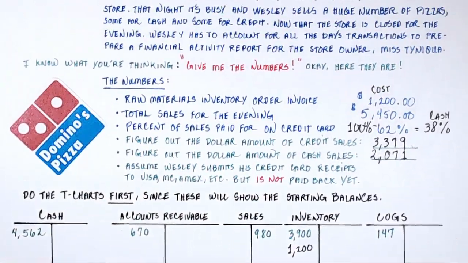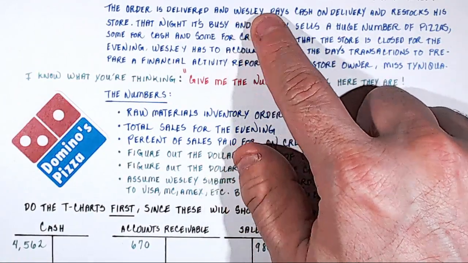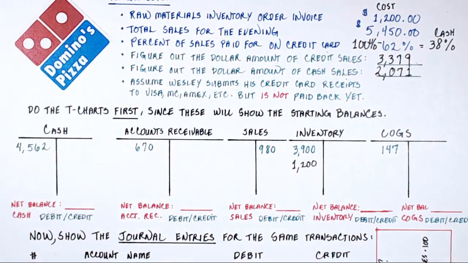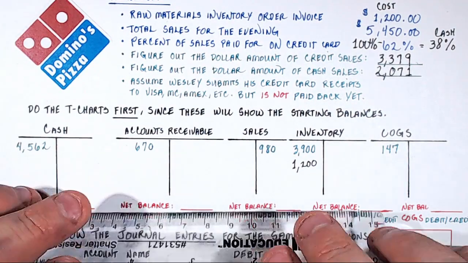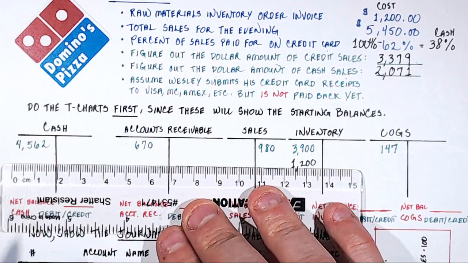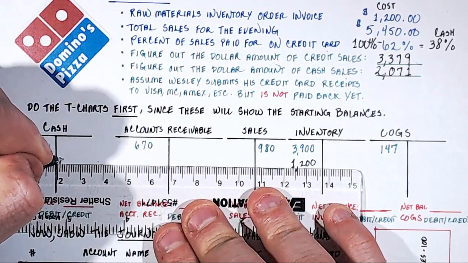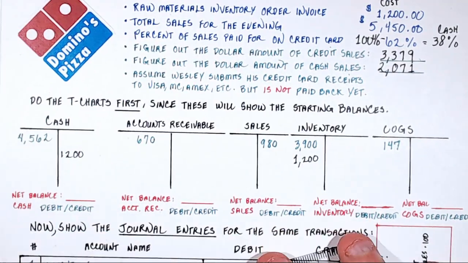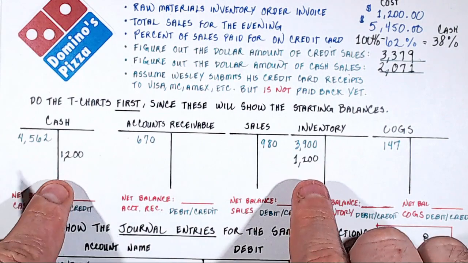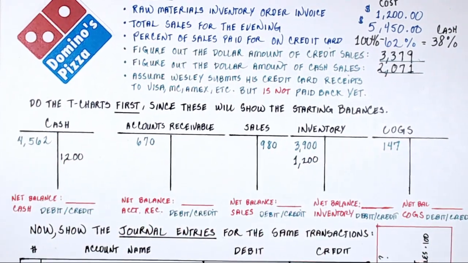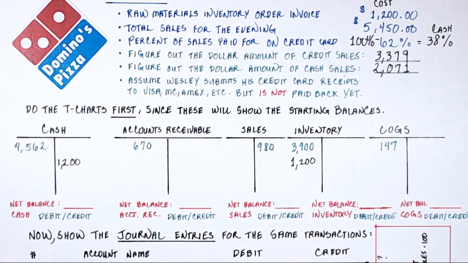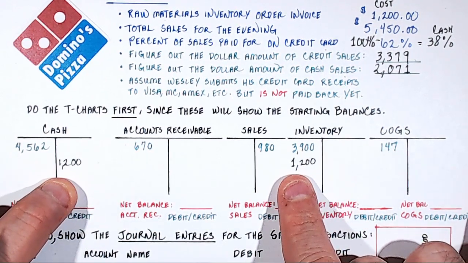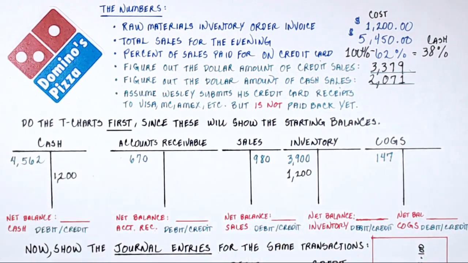Now, how do we pay for that inventory? Okay, Wesley paid cash on delivery. Okay, so we paid cash. That means if we're going to debit inventory, we have to do the opposing entry on cash. We should credit cash for $1,200. That's reducing cash. Okay, and these transactions, debit, credit, net out to zero. They always will in double entry bookkeeping. Okay, so we brought the inventory in, and then we sold